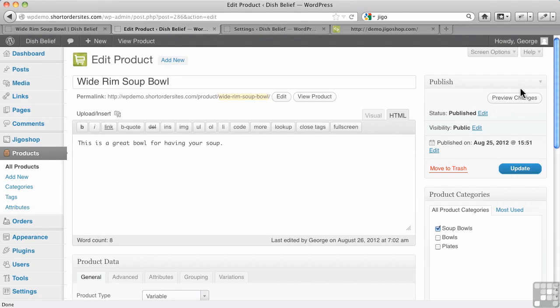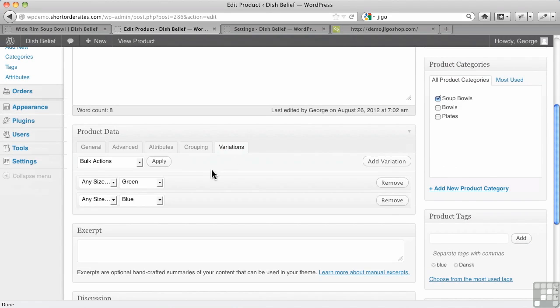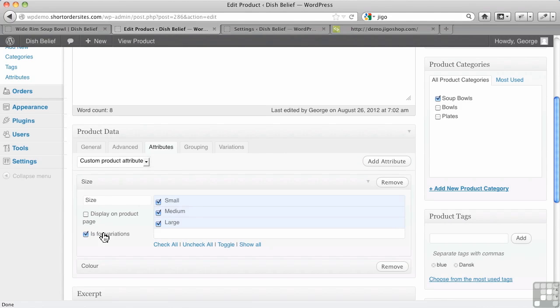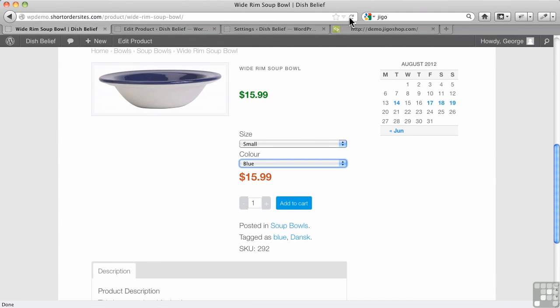And in this video, we're going to continue looking at product variations in the GigoShop shopping cart. One of the things I wanted to show you here with our variations that we've got for our bowl, remember we've got different colors and different sizes. Now if I go over to the Attributes tab here and I drop down one of these, remember I said just show is for variations, but we might also want to display the information on the product page. So if I click on that and I update my product here,